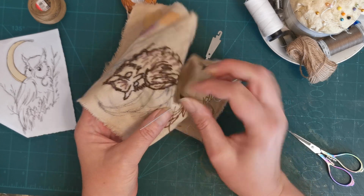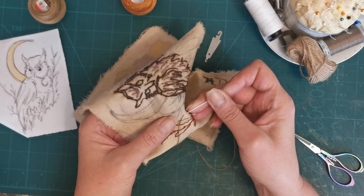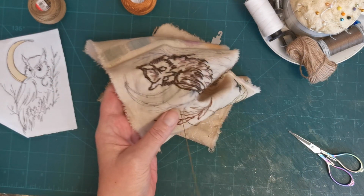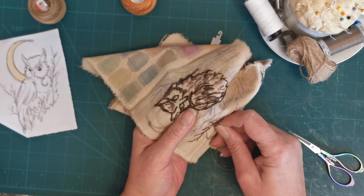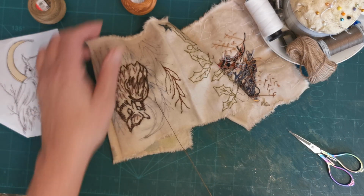And I don't even mind actually, because of these grassy tree things that I'm stitching here, I don't really mind that the stitches are a bit out of line. I think it makes them a bit more sort of naturally twiggy. And then I'm going to jump over there like that,